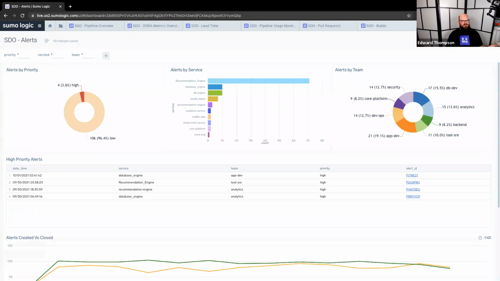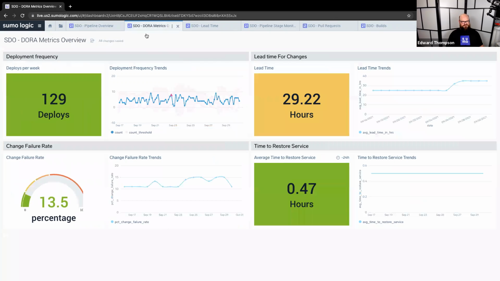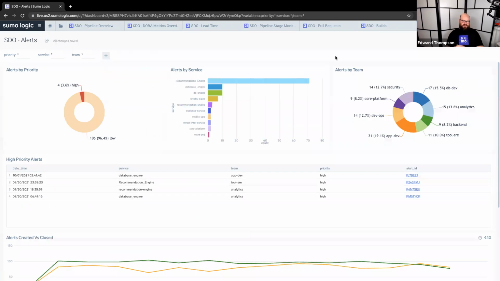And finally, jumping over to the alert side of things. So this is where we're starting to track back towards things like time to restore service and your change failure rate. So alerts are related to these. Now, whether you've got your alerts going out to Slack, or whether you're tracking them in OpsGenie or ServiceNow, PagerDuty, you can pull all that data into Sumo and showing you things like what's your distribution of alerts, which services are having the most alerts, which teams,